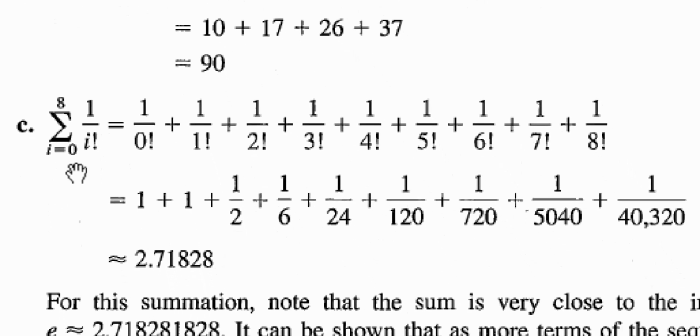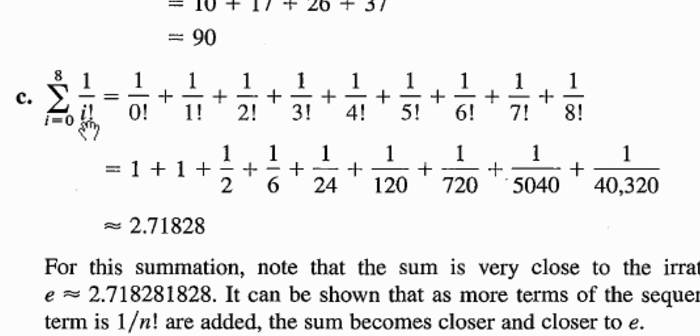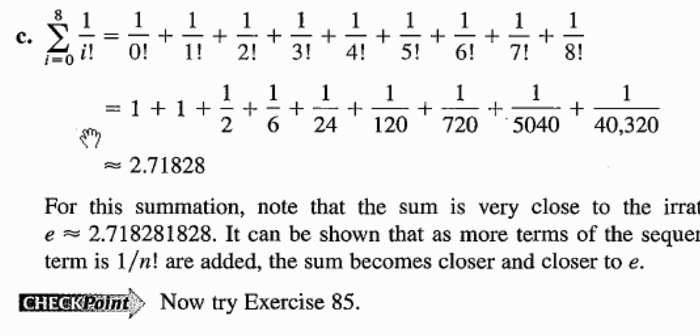The sum, where i begins at 0 to 8 of 1 over i factorial. Remember, the index starts at the lower sum and ends at the upper sum. So this is 1 over 0 factorial, plus 1 over 1 factorial, plus 1 over 2 factorial, 1 over 3 factorial, 1 over 4 factorial, all the way up to 1 over 8 factorial. And so we get the following expressions. 1 plus 1 plus 1 half plus 1 sixth plus 1 24th plus 1 over 120, all the way up to 1 over 40,320, which is approximately